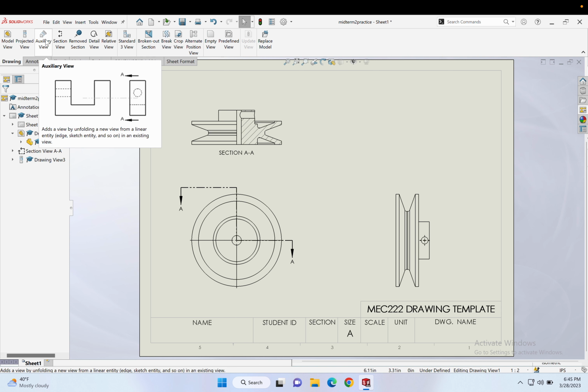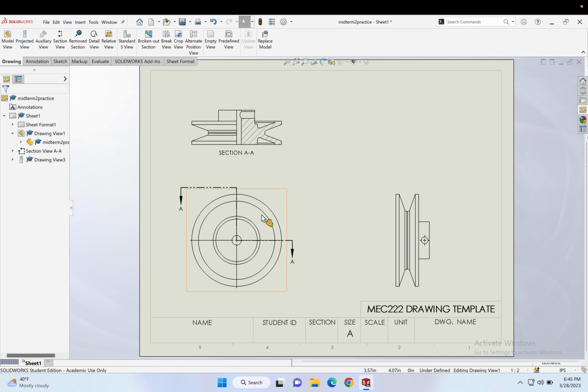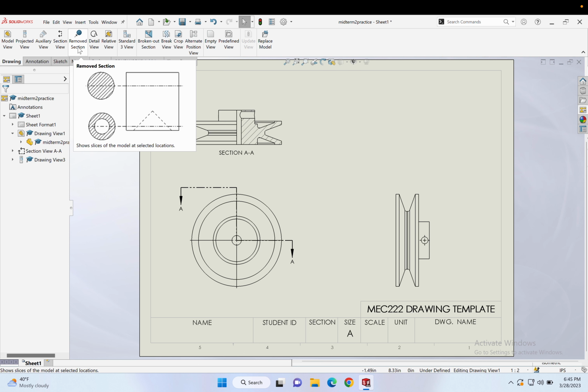Auxiliary view you would only use if you have a slanted face and you want to show it. It's not going to be a section view of that face. It's going to be as if you're looking at this. Imagine if it was a slanted face here. You were looking at this slanted face head on, and you're showing the features of it, and it'll be projected directly perpendicular to this face. And I don't know if I can use it here because there are no slanted edges here, but it would be useful in other parts. Remove section view is kind of like, okay,